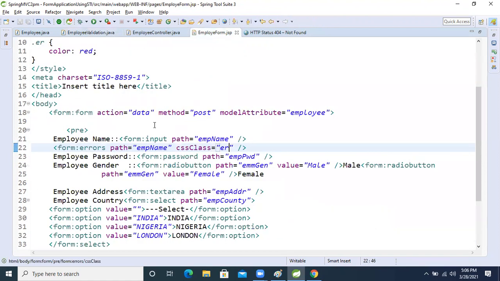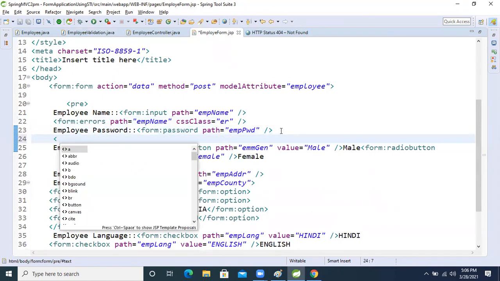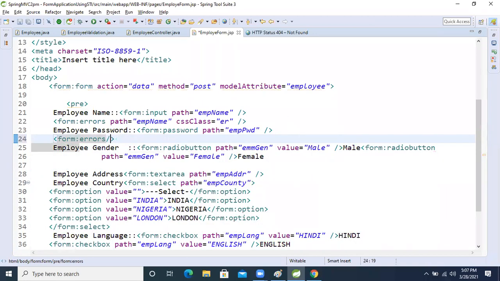Again come to the JSP page. Which field are we validating? This one. So again we write form colon error, and inside that the path. The same attribute we will copy and paste here.